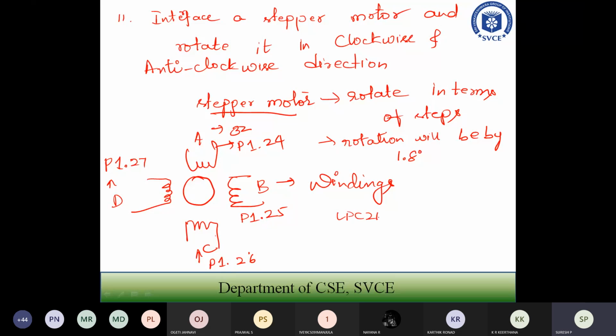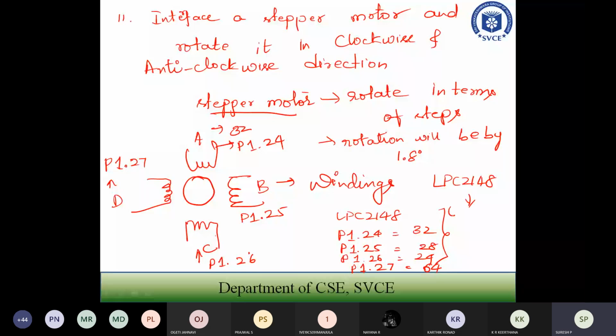If you take the LPC2148, P1.24 is pin number 32. Port 1.25 is pin number 28. Port 1.26 is pin number 24. Port 1.27 is pin number 64. We have seen that the LPC2148 is a 64 pin IC.